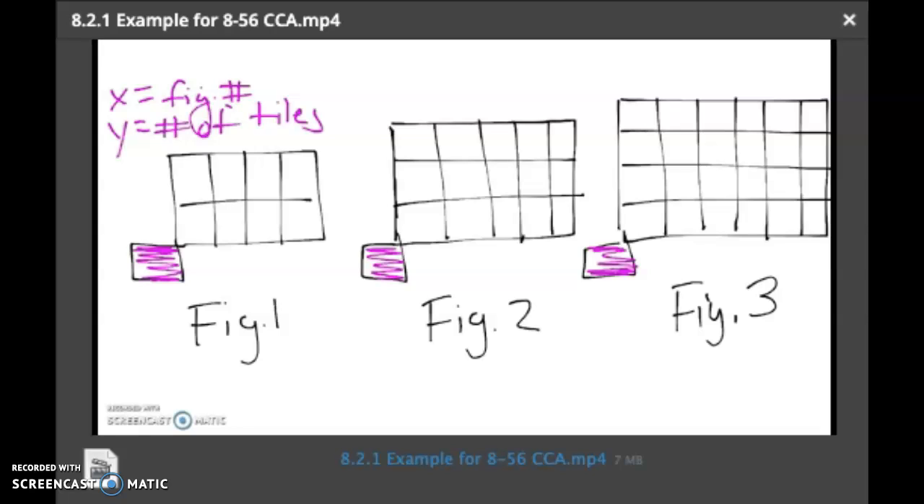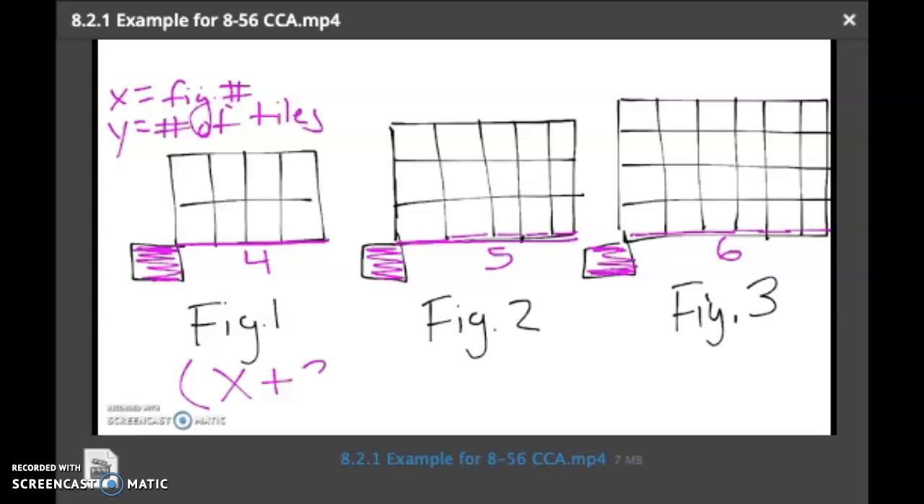So in figure number 1, this bottom length here has 4 tiles. So I'm noticing right now that that's 3 more than the figure number. I'm going to go to figure 2. And in figure 2, that bottom length is 1, 2, 3, 4, 5 tiles. I'm also noticing that that side is 3 more than the figure number. And in figure 3, this side length has 1, 2, 3, 4, 5, 6 tiles, which is also 3 more than the figure number. So if my figure number is represented by X, I can write that bottom length as